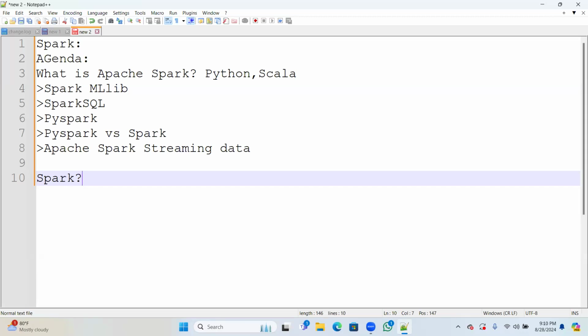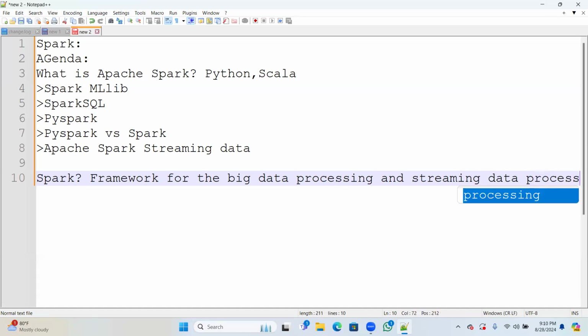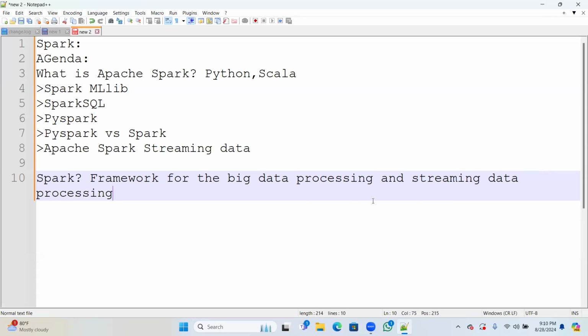Just like that, it's a framework for big data processing. To handle large data sets and process this data, we use Spark.